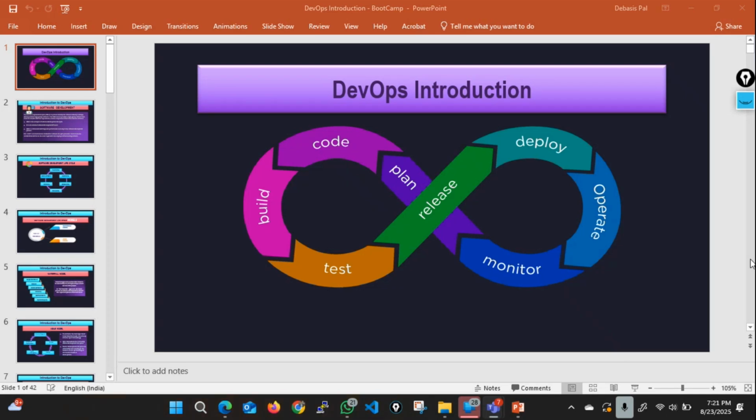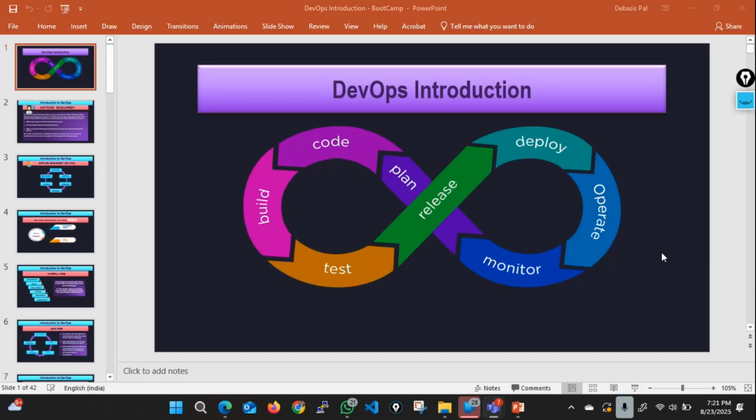Thank you. So it's a very popular first screen that we generally get adapted to. This is a very famous and popular symbol, like an inverted 8, a horizontal 8, having all the phases of a DevOps lifecycle, or the SDLC, the software development lifecycle, in phases. These are intertwined. I will maximize the screen.